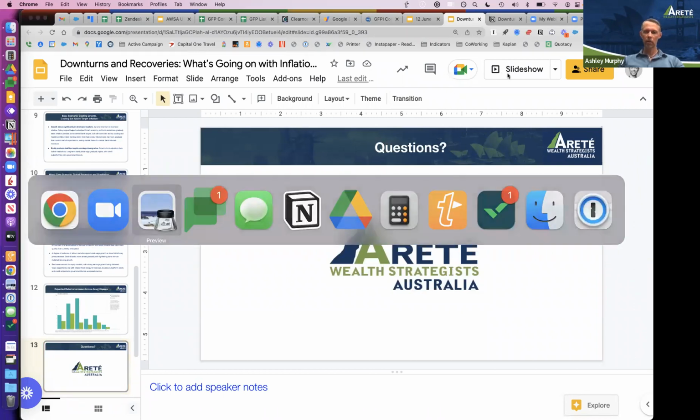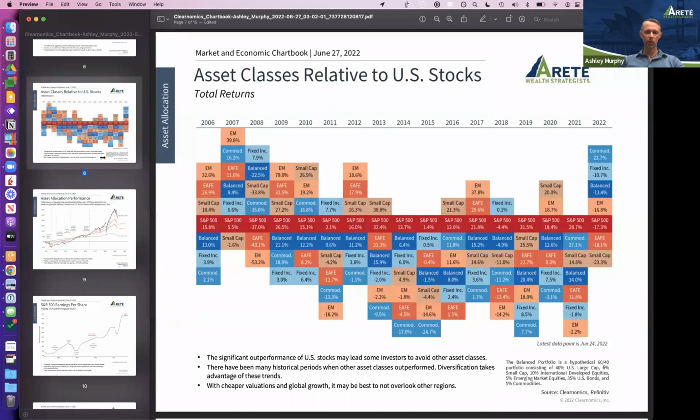I'm going to go back to this quilt, as some people call it. So what do we see? EM is emerging markets. Absolutely killing it in 2006 and 7. Really fell off a cliff there in 08. And then this is where they've been for the past decade. Look at EM, the pinky tan colored tile there, really down with commodities. So I'm a little bit leery of that expectation. I still have an allocation to emerging markets in large part because I'm a believer that they will return.